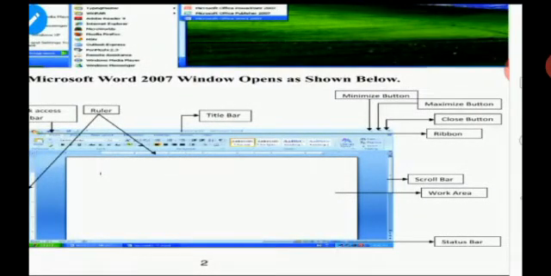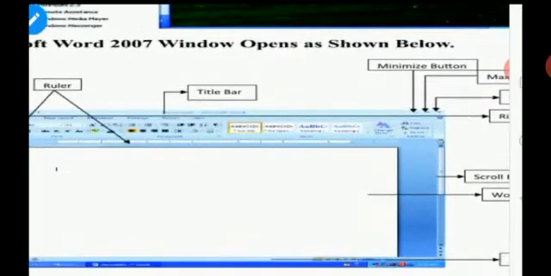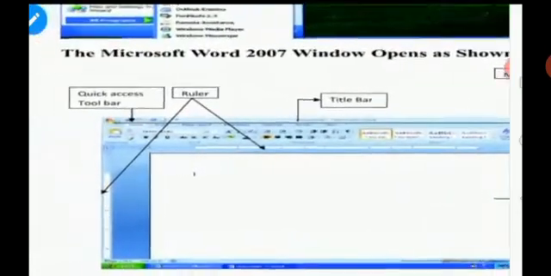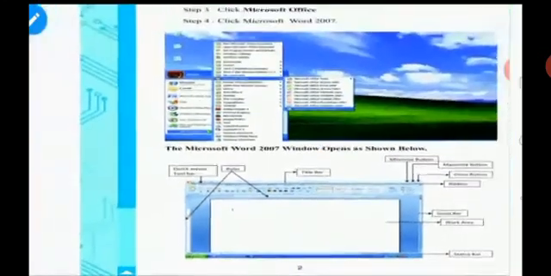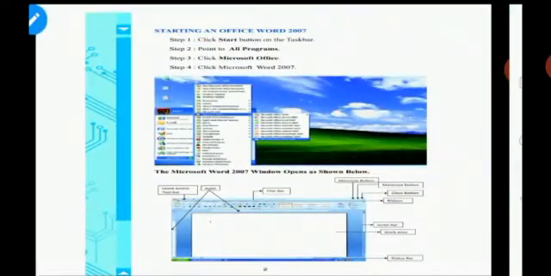The status is nothing but if you are typing, it will be denoted in the status. So whatever the present work is, it will be denoted in the status bar. That is below this work area, a bar will be there. So if you are on page 1, it will be denoted as page 1. If you are on page 6, it will be denoted here. So if you are typing, it will denote typing. If you are deleting or adding anything, whatever the current status, it will be displayed in this status bar. Could you understand here? Okay.